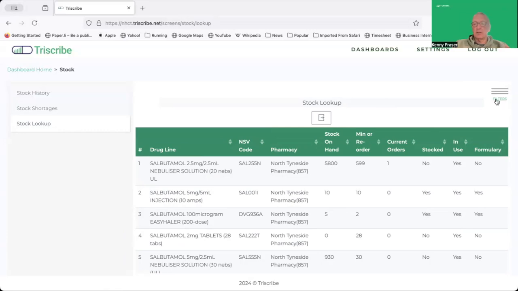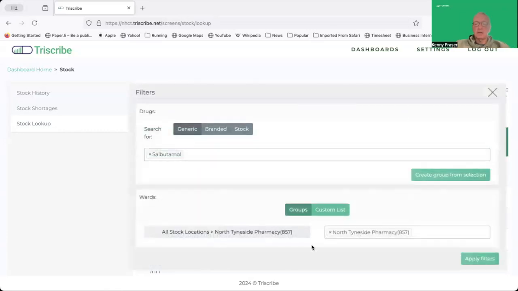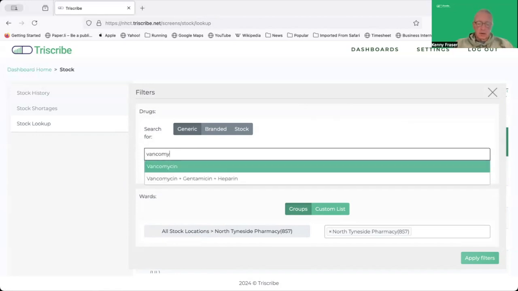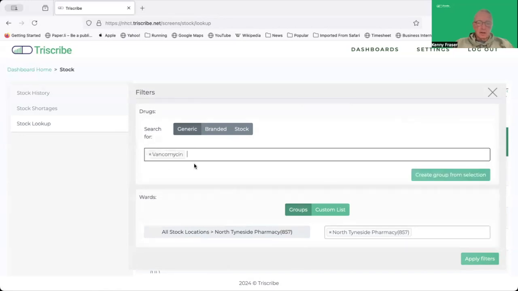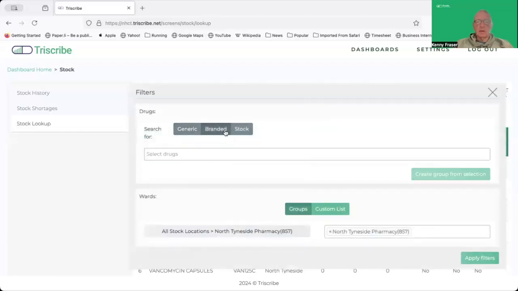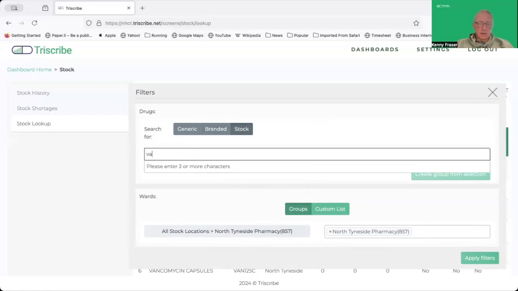So the key to this is actually the filters. Again, it's not that complicated, it's locations, but it's really about the drug. So you can see on that table, it was all set to salbutamol, but I can, as always, select drugs in different ways. So I can do vancomycin, and that will give me a different table which shows all the different forms of vancomycin and all the same information about these forms. But when I'm searching, I could also look by brand, or I could look by stock item, which would allow me to go and say,